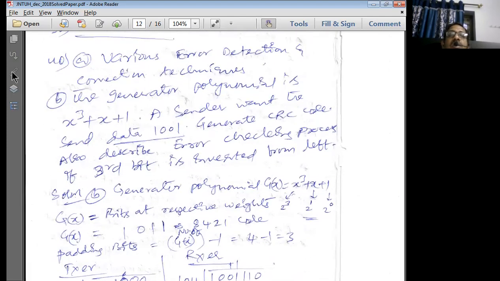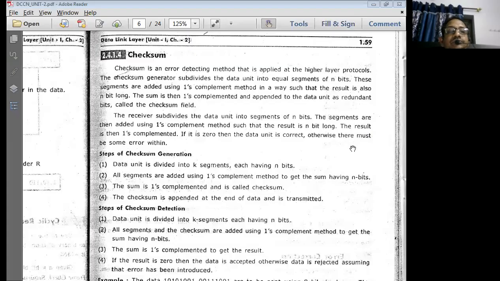Okay, then the last method is going to be the checksum method. The last method of error detection is the checksum method. So checksum is a very important method at the last. It is an industry standard method also, once again, just like CRC. So therefore CRC and checksum are very, very important industry standard methods.